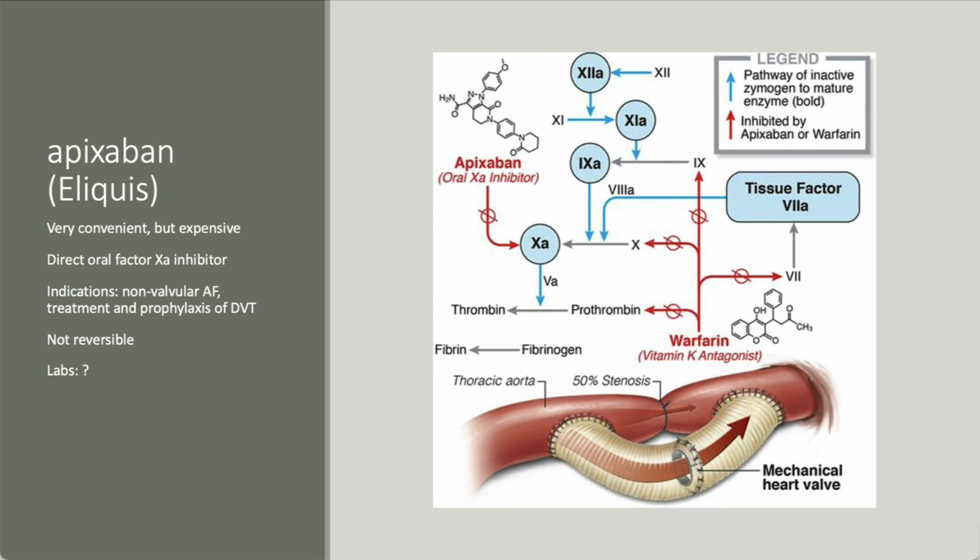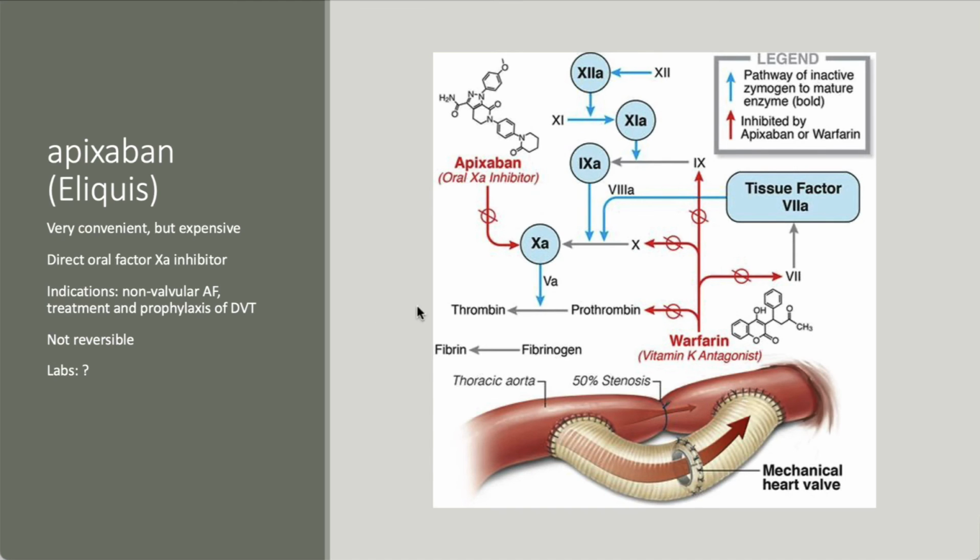The beauty of it is that we don't need that ProTime and INR, but it's very expensive. The drug company penalizes you for the convenience. So it's in the neighborhood of $600 a month for patients to be on this medicine. The drug company will give them the first 30 days for free, and most insurances cover it. So I think mostly patients end up paying about $40 a month for it, is what I've kind of noticed in my travels.